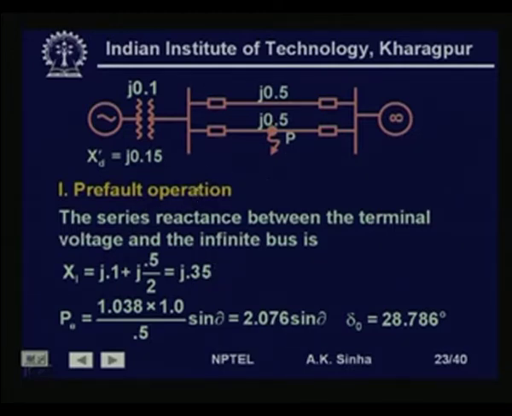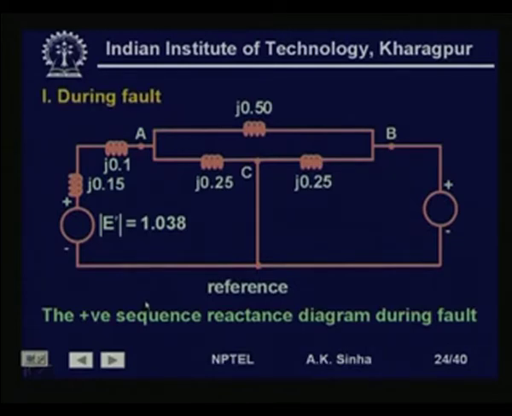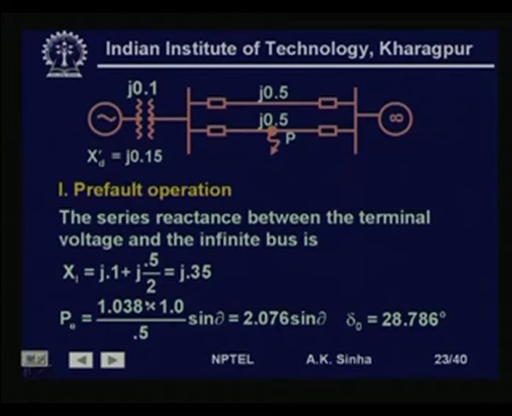So, what is the power angle characteristic that we will get? P is equal to... using this relationship we will be able to find out the value of the power which is flowing, and therefore, after that we will be able to find out the voltage behind the transient reactance for the machine. If we calculate that, it comes out to be 1.038,